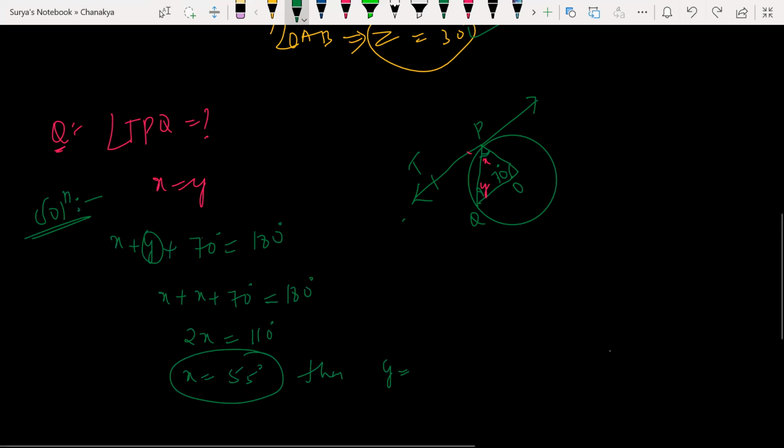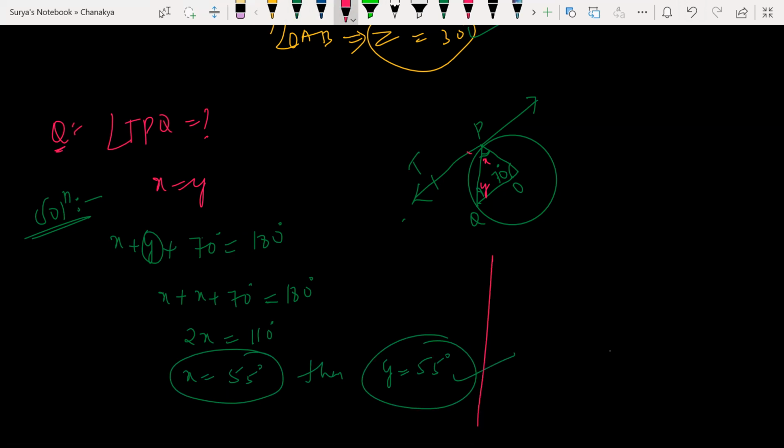Sir, is the answer 35 degrees? Yes. So TPQ, very simple concept, similar concept, very good. So 55 I got. What is asking for? TPQ is asking for this one. This will be 90 of course, because this will be 90. Diagram is not proper. Concept you should know. So in that 90 I have 55. So 90 minus 55 I have 35 degrees, the right answer.